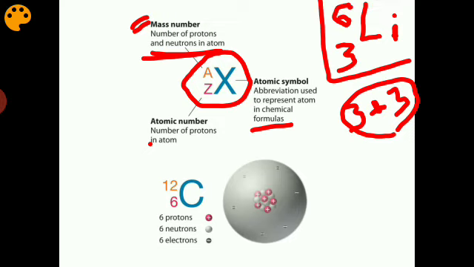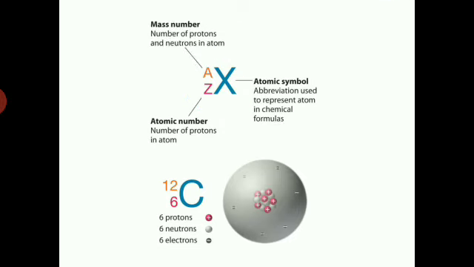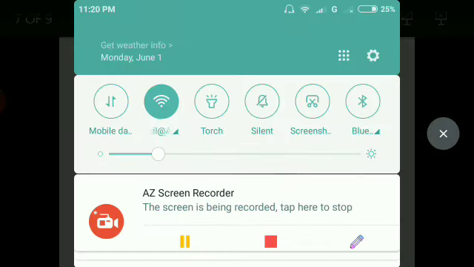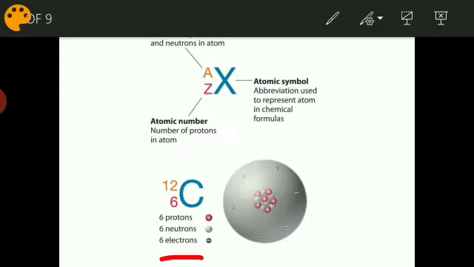Let us look at another example. Here we see a carbon atom. A carbon atom in its nucleus has 6 protons and 6 neutrons. In the outer shell, a carbon atom has 6 electrons. We will not be looking at the number of electrons here. We are only concerned about the nucleus. So we will look into the number of protons and neutrons. So a carbon nucleus has 6 protons and 6 neutrons.